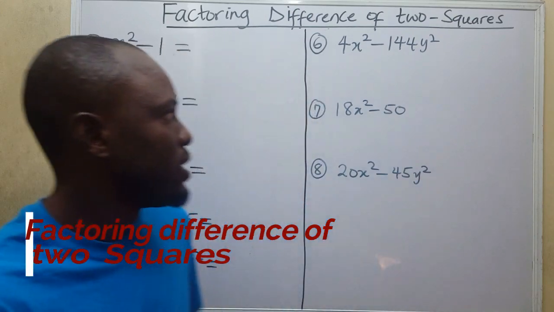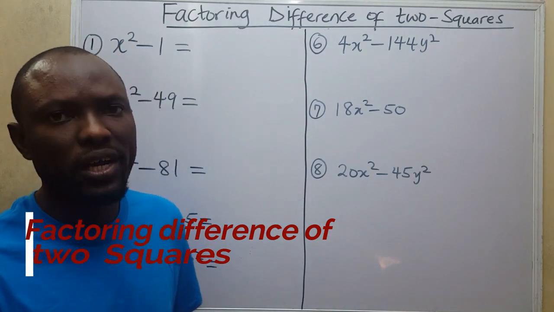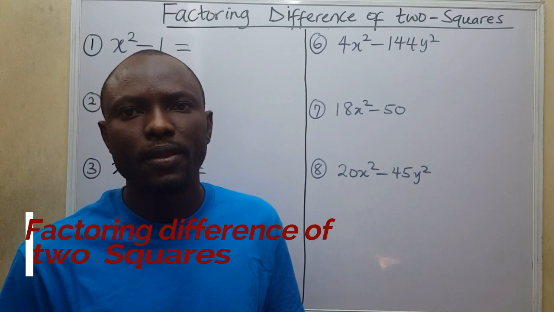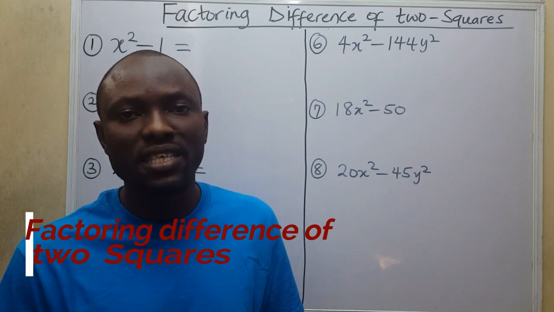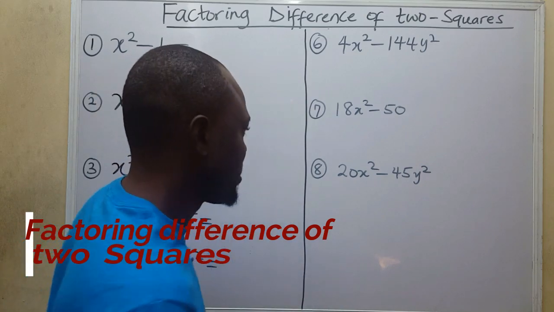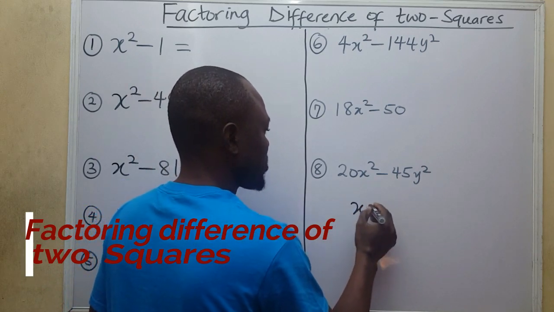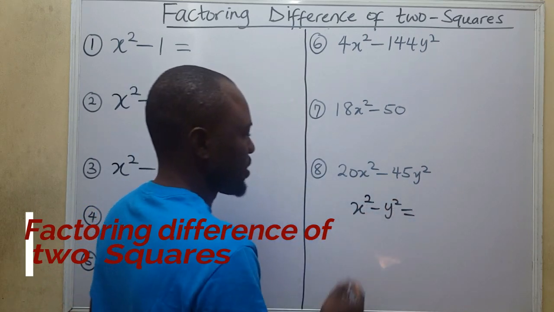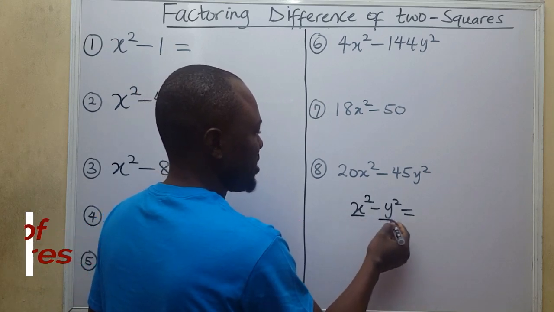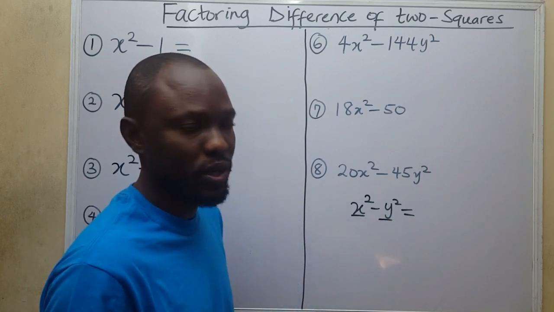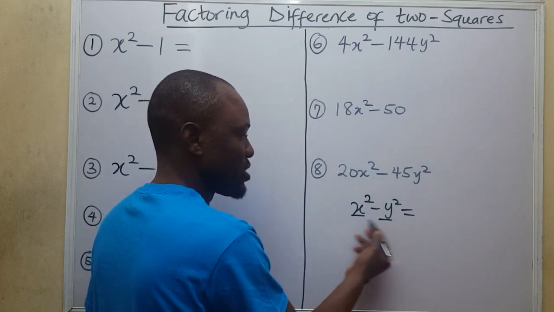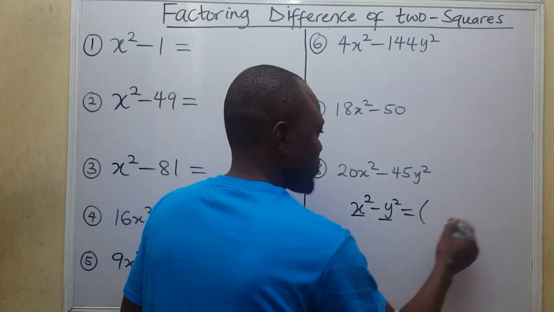Now, in difference of two squares, the two numbers have to be perfect squares so that you can find the difference of two squares. For instance, if I have x raised to the power 2 minus y raised to the power 2, this is a perfect square and this is also a perfect square. Now if I want to solve this, this is difference of two squares, I'm going to open up